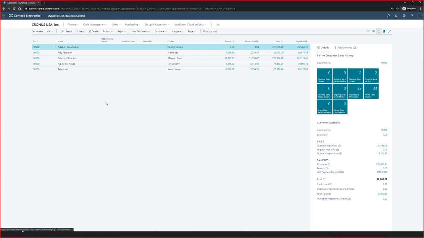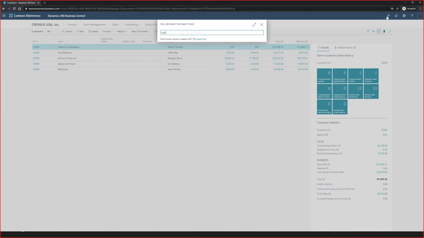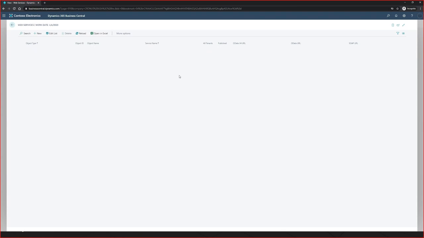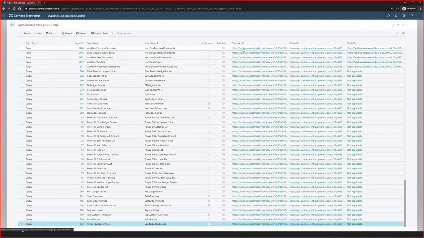Okay, so this is, again, in BC Cloud. This is the Microsoft Cloud instance. If we go back to web services, I want to jump back over there because we need to look at that URL. Notice how it starts with api.businesscentral.dynamics.com. That is the interface for the OData web services in the cloud. Now it's got a whole key over here, which is like a hash key. That's how it knows what instance to get to. And this is all secured through usernames and passwords, and I'll show that in just a minute.